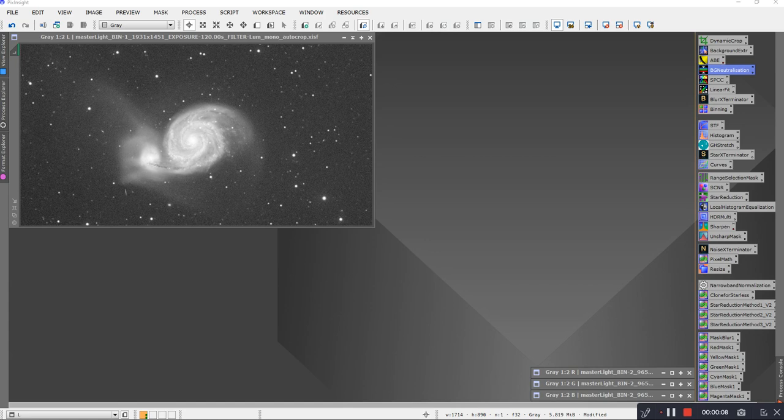This time I'm going to be looking at stretches and primarily at GHS, or Generalised Hyperbolic Stretch. It's a slightly different way of stretching your stacked images, and it's got the ability to pull out more of the background and fainter dust, etc. in the images. And what I'm going to do is I've got this luminance